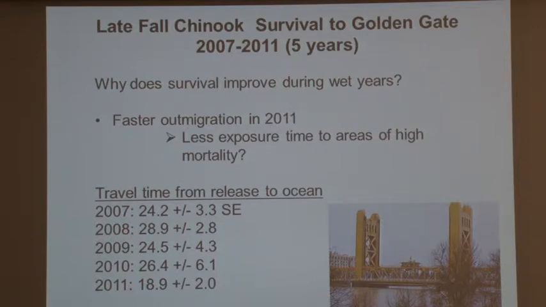This is some information about the question of whether travel time or distance is important. And they did move out a lot faster in 2011, the wet year, than they did, roughly maybe 70% as much time taking to get down the river. And that could explain part of why they survived better. I'll talk about this a little bit. I'll be back to talk about life cycle modeling and predation, and I'll have some more of a theoretical treatment of that briefly. But anyway, travel time is one aspect of survival.